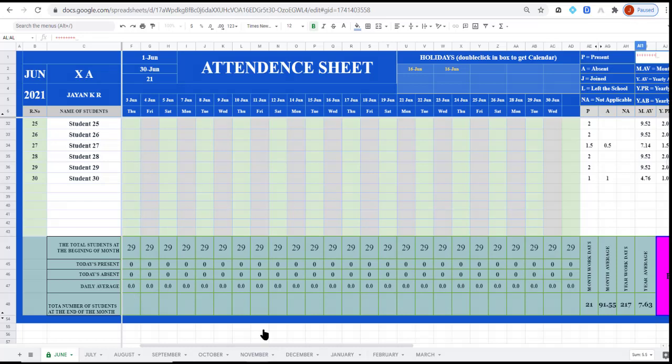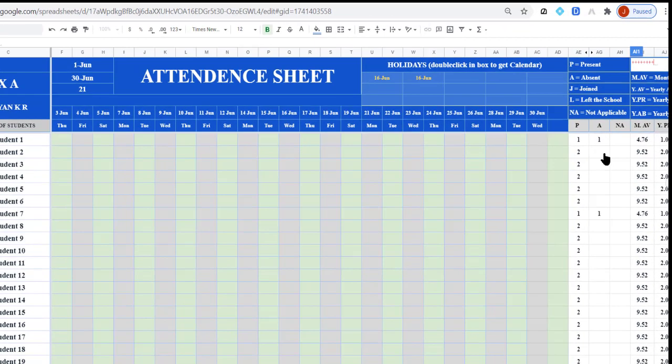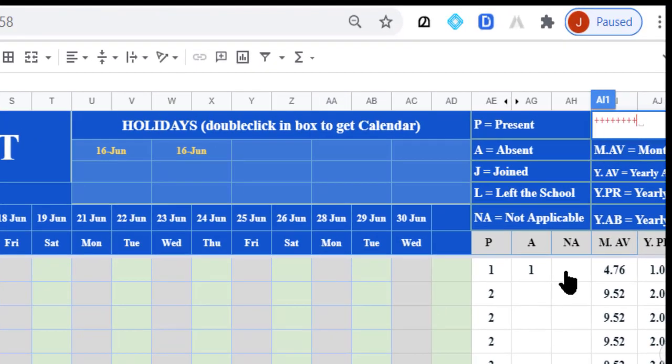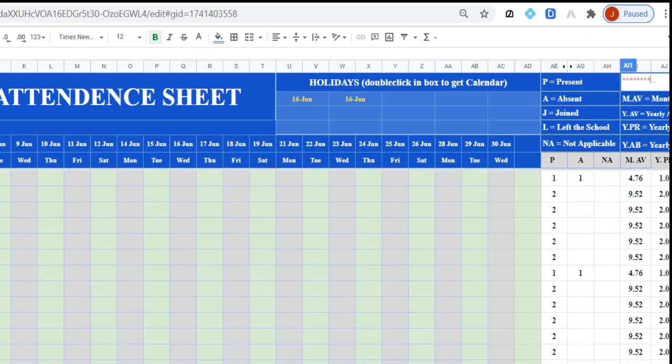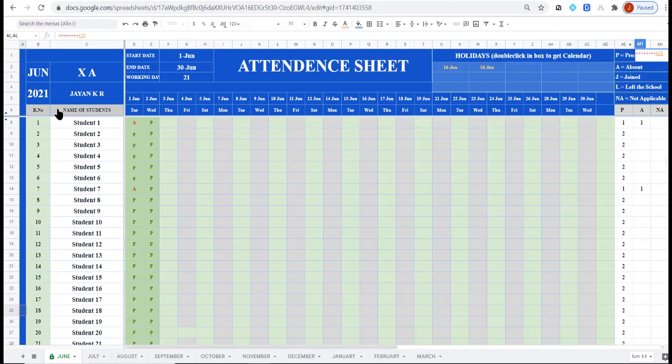This is each day and this is each child. Student 1: present, absent, and not applicable, that I will explain later. And monthly average, yearly absent and yearly average. Okay, on the top left side you can see